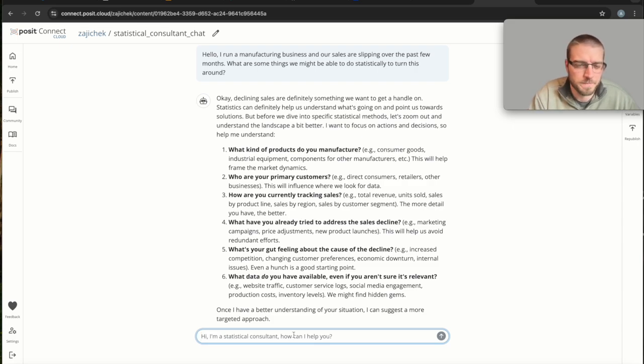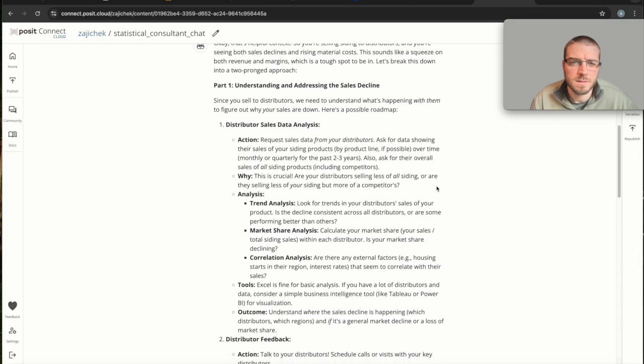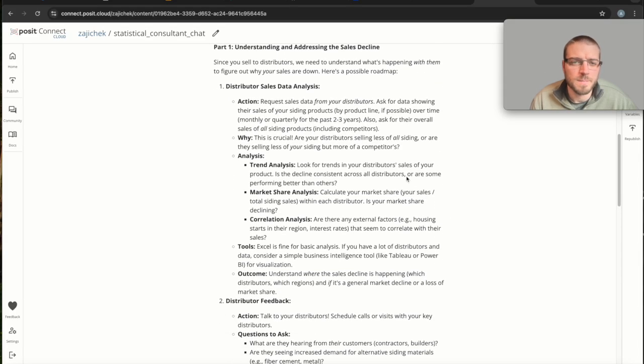So let's just say, and so it looks like it gives some pretty detailed, interesting results here about what sort of action we should take,